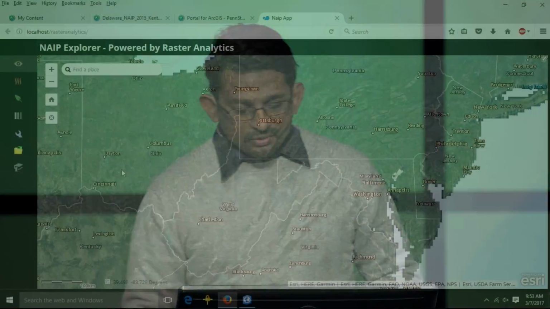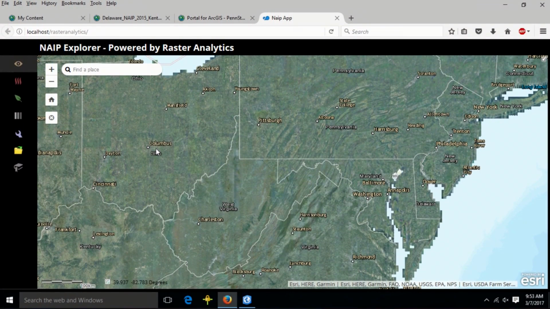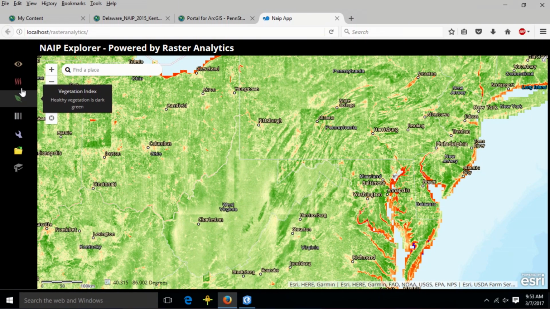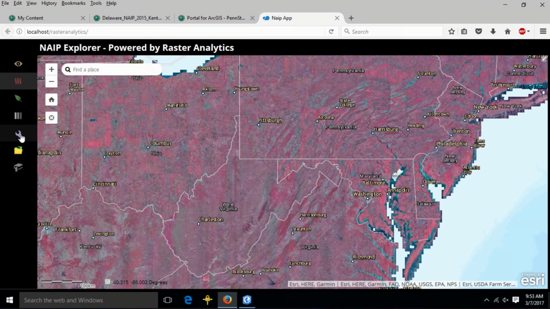All right, I'll switch over to a web application. Now, we have a developer story as well. Raster Analytics has a REST API, enabling developers to build customized, focused, slimmed-down web applications. So like in this case, I have access to the complete NAIP data set as an image service. I can create dynamic products such as a vegetation index or a color infrared product,